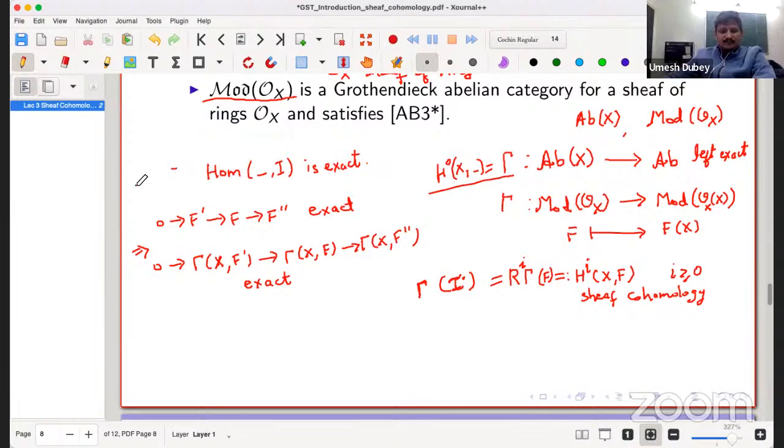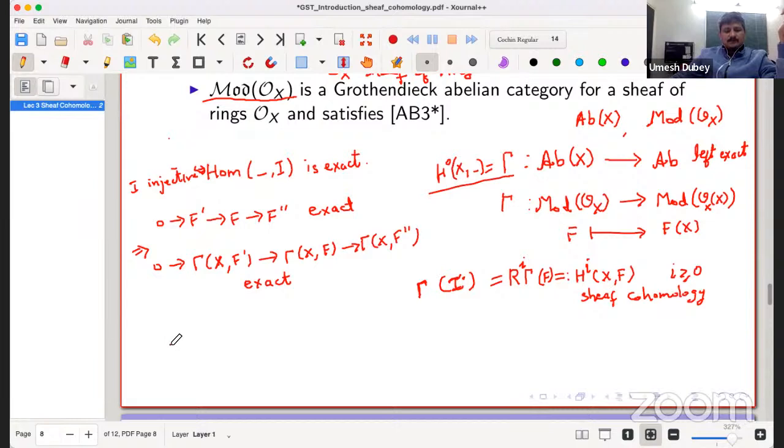You call it an injective sheaf if and only if this functor here is an exact functor, and since it is a left exact functor, the only thing to check is the right exactness, which amounts to saying something like